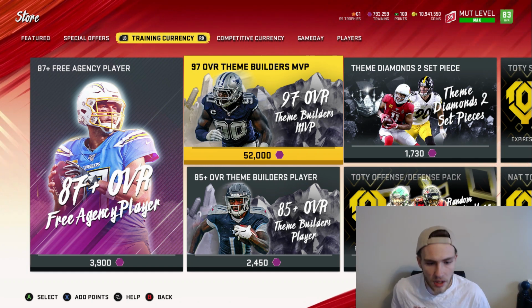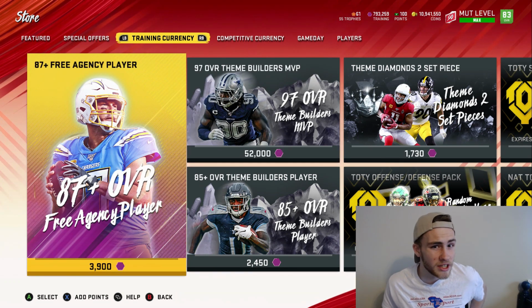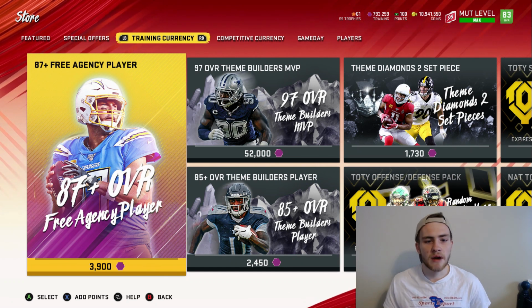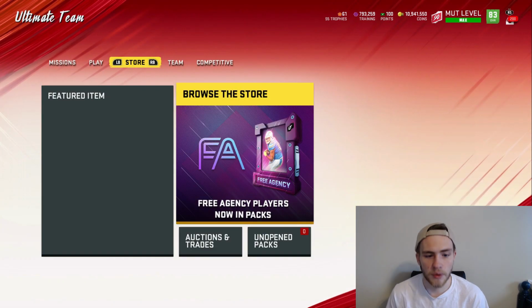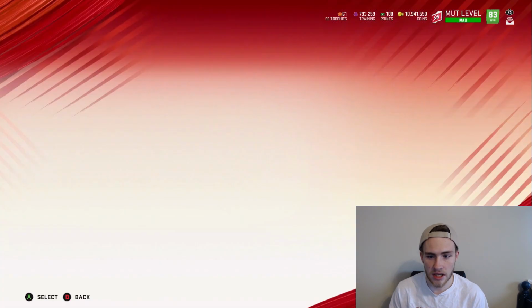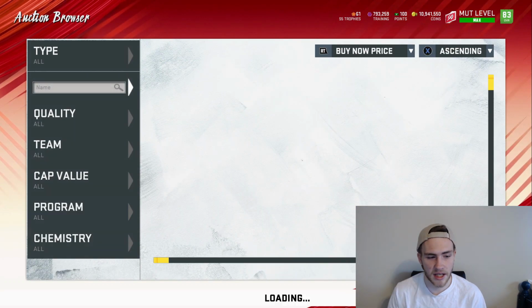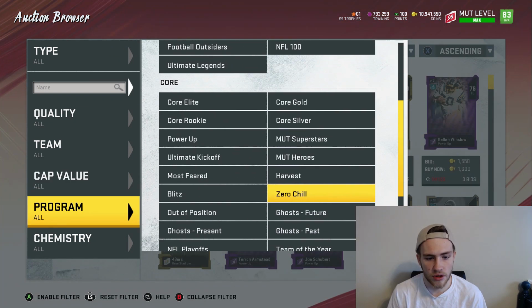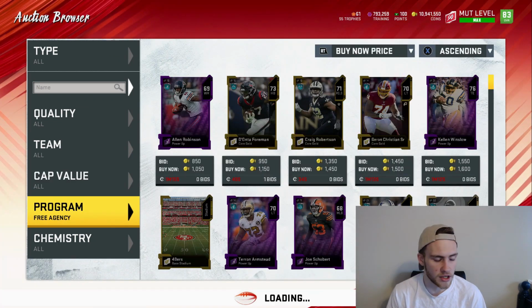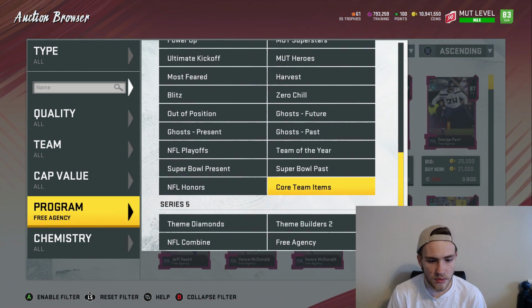First, we've got to get into the method. So first, you're going to need training. I would recommend having around 100-ish k, 50 to 100k. With 50, you're being a little risky. I'd really recommend having around 100k, and you can do that however you want. You can go into the auction house and buy some expensive cards and get the training like that. If you have coins, you can go straight to theme